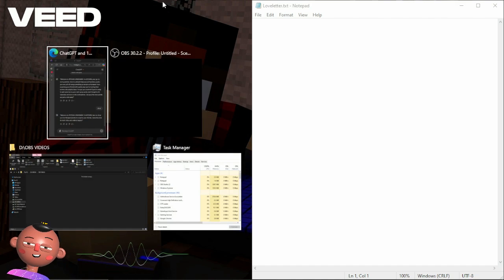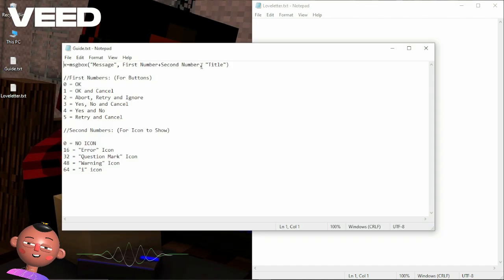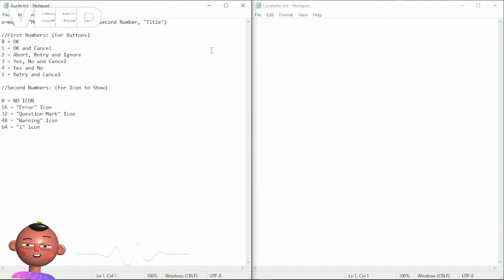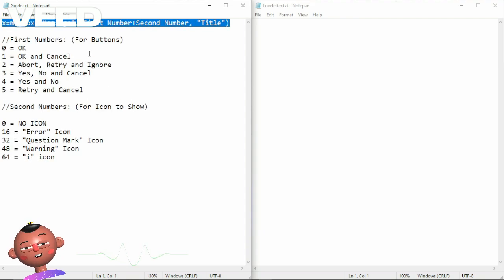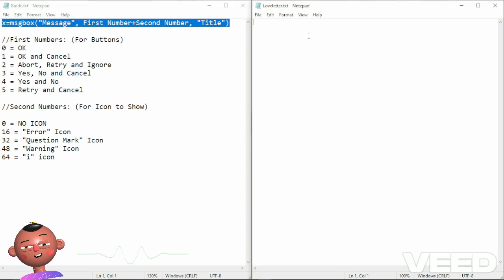One more thing you need is the guide, what and how you can prank your friend by using this. The first thing we need is the command for a message box. How it works, I will show you later. So do that: x = msgbox,